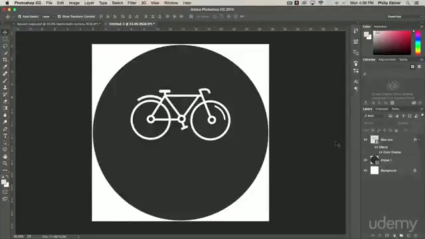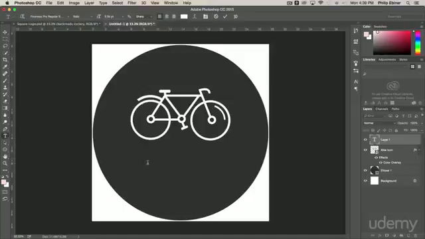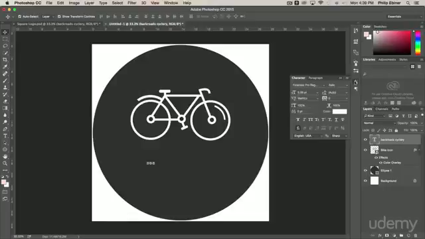Okay, so now let's add some text to our little logo. So I'm going to take my text tool. I'm just going to click on my project and start typing Backroads Cyclery. Now this is showing up so small I can't even see it, so I'm going to just click the move tool and then select my text character panel and change this to something where I can at least see